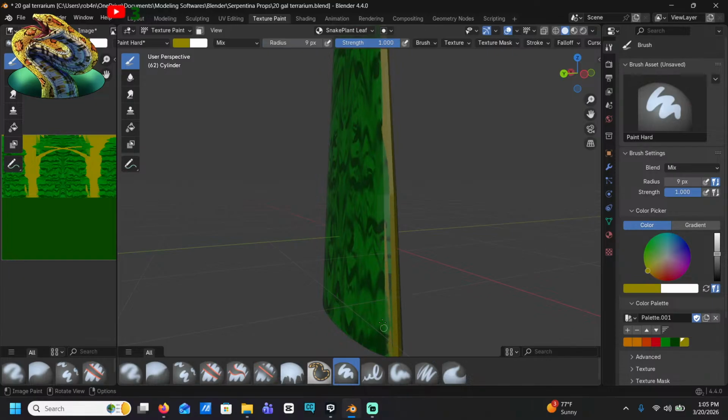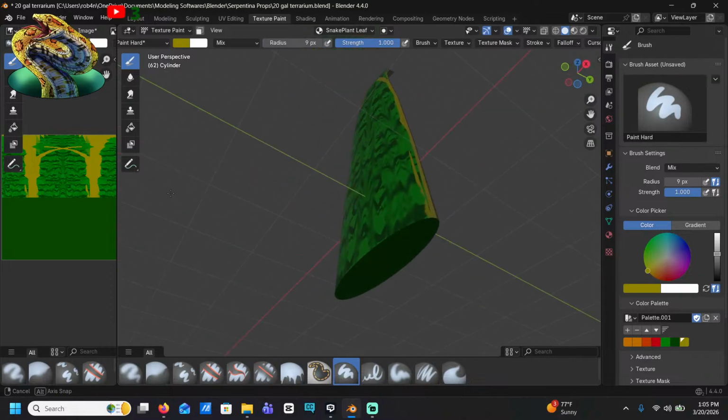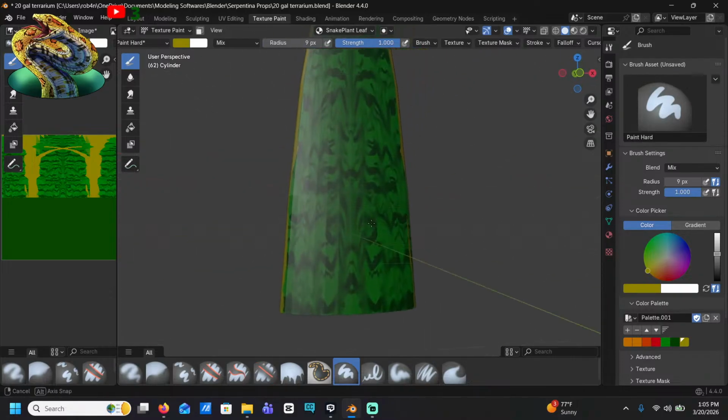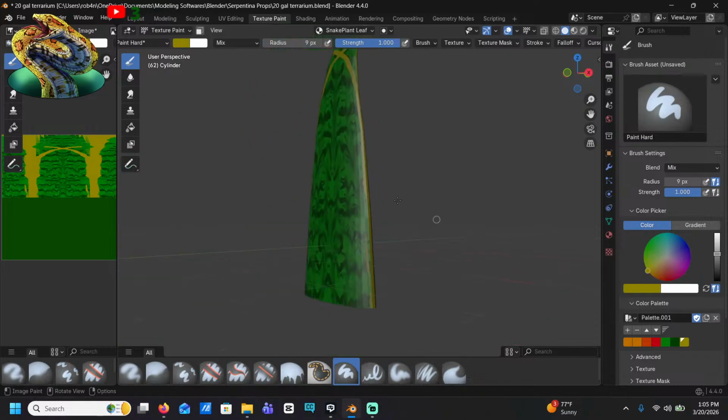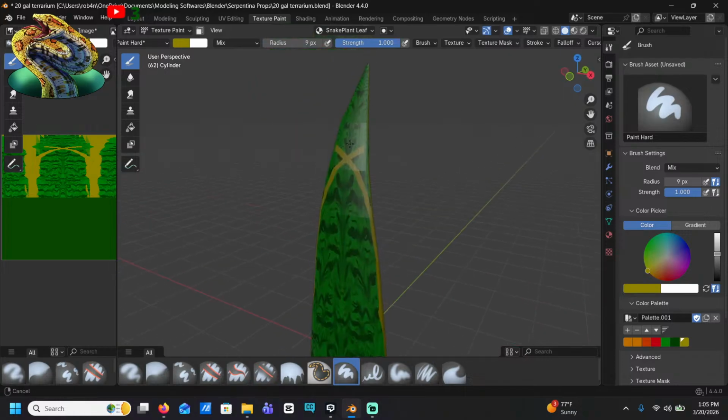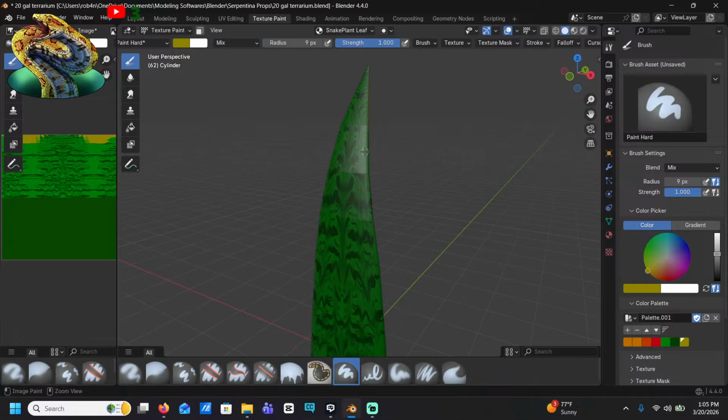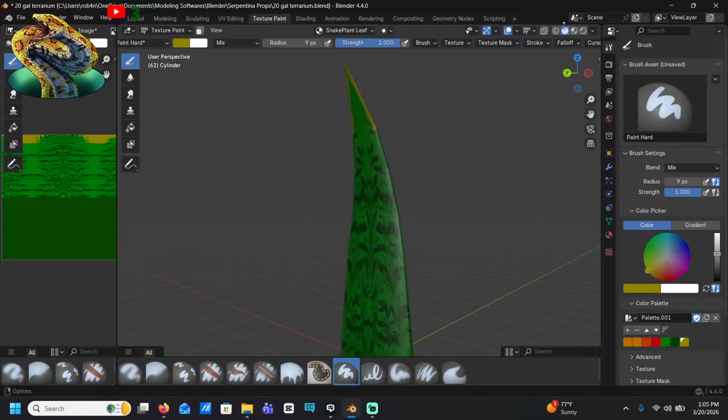The heck? It's a weird place to do that, I guess. Oh, well, okay. What the heck? Okay then. Well then I'll just do it the old-fashioned way. Oh, it's because they're both on.